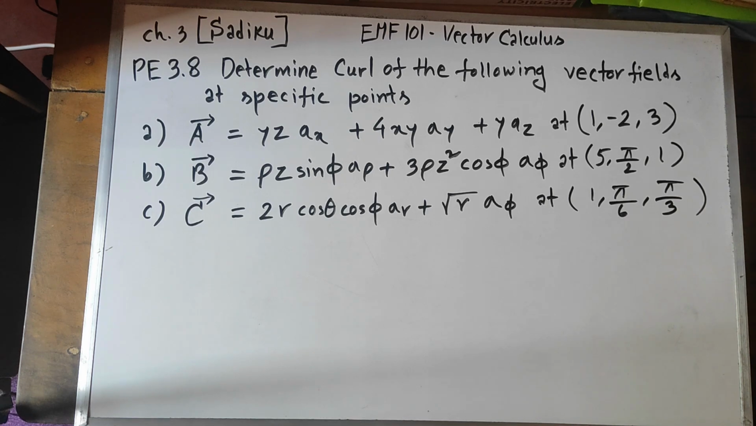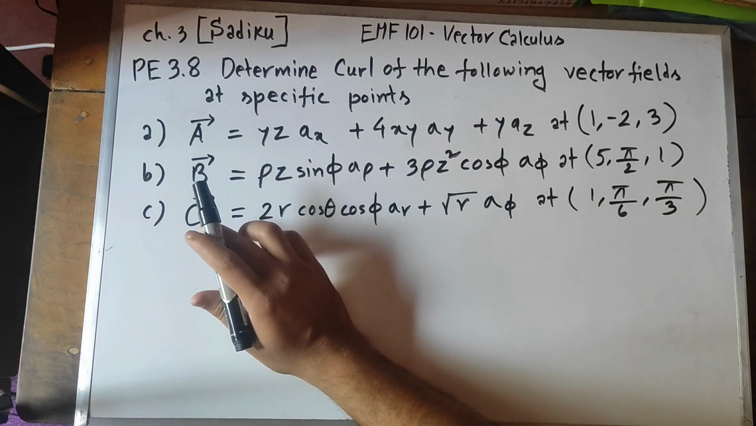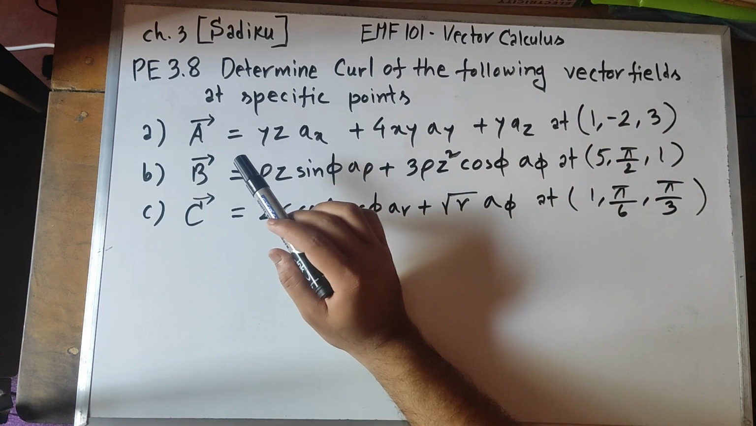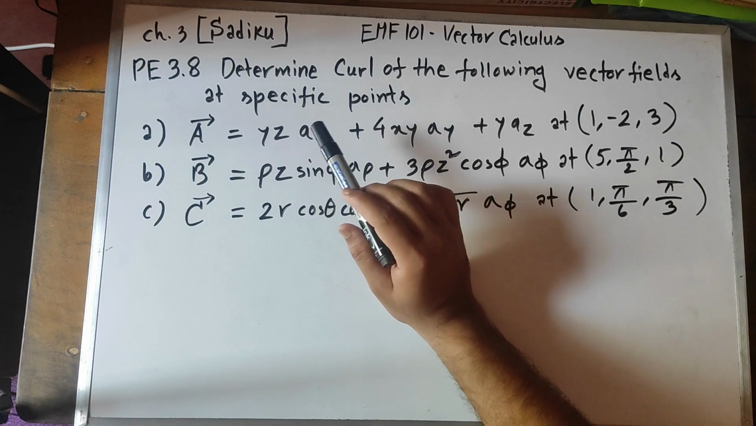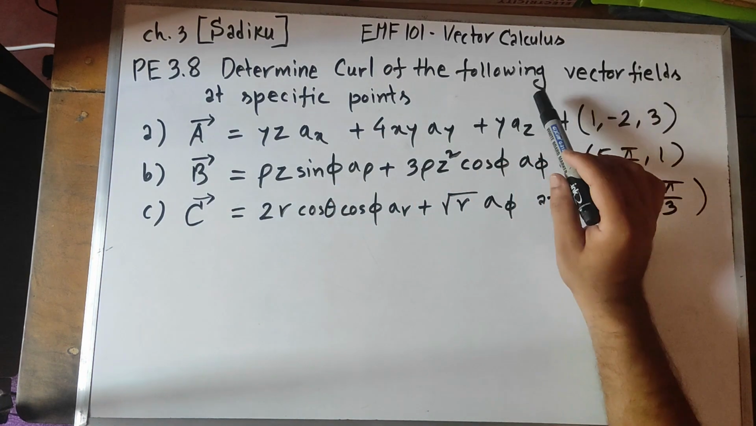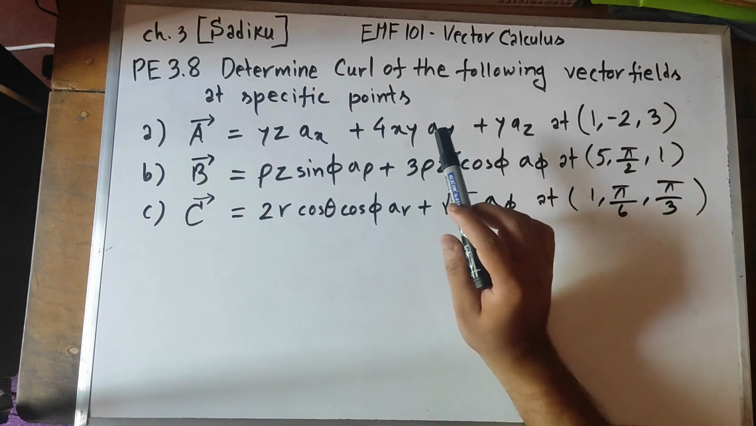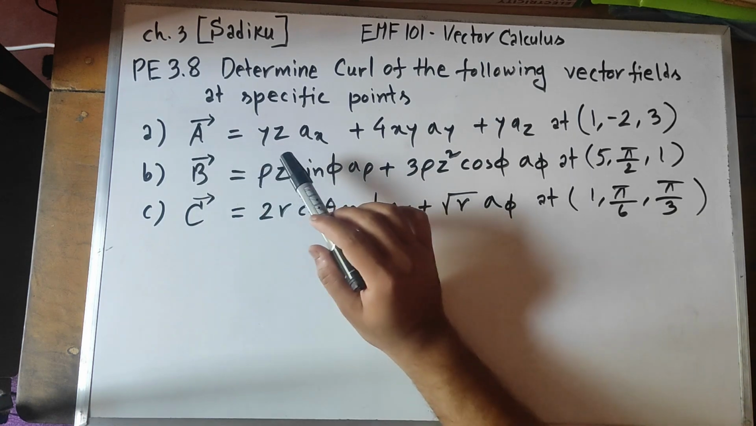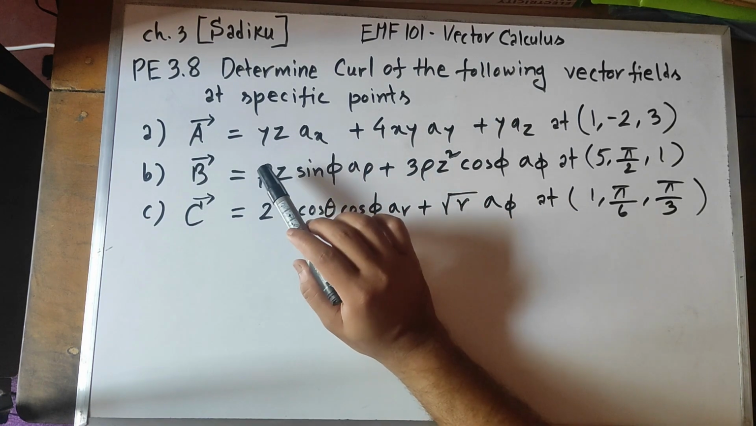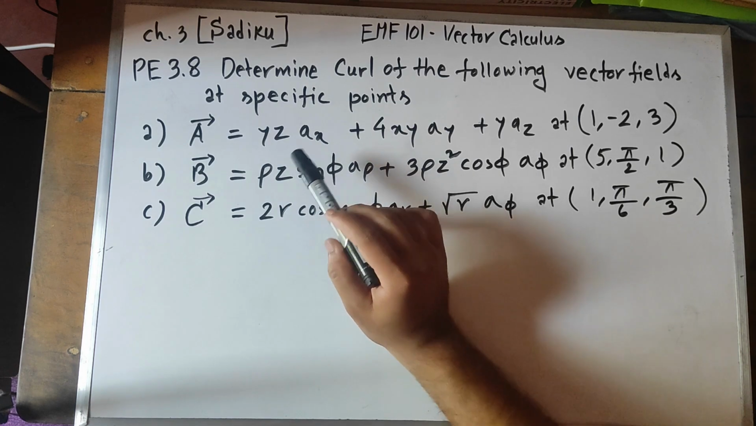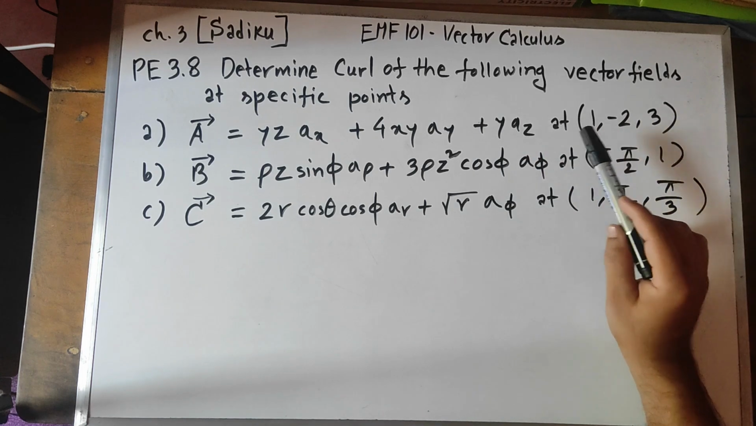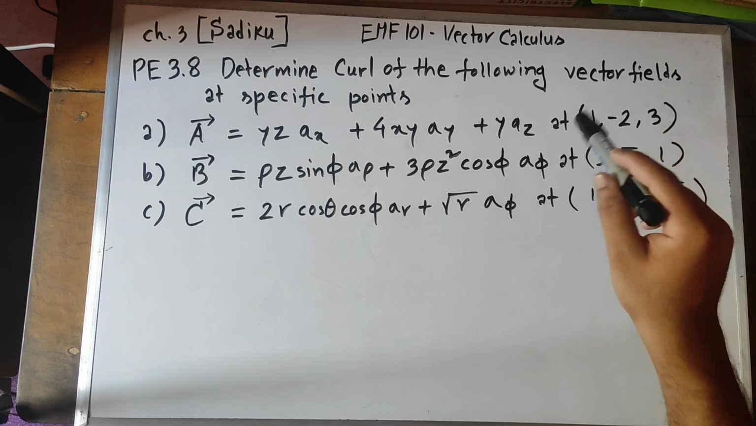In this video, I'm gonna solve a practice problem from chapter 3 on vector calculus. In this practice exercise problem, we have to determine the curl of the following vector fields at specific points. The first vector field is A, in the Cartesian coordinate system, which is yz in the direction ax plus 4xy in the direction ay plus y in the direction az, and we have to find the curl at